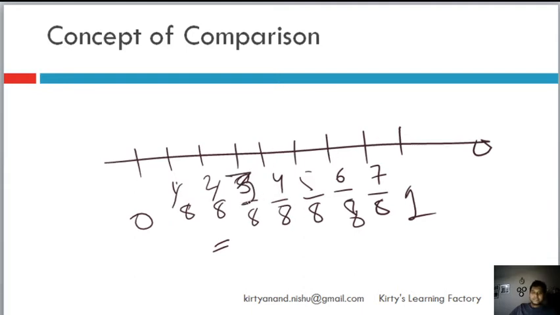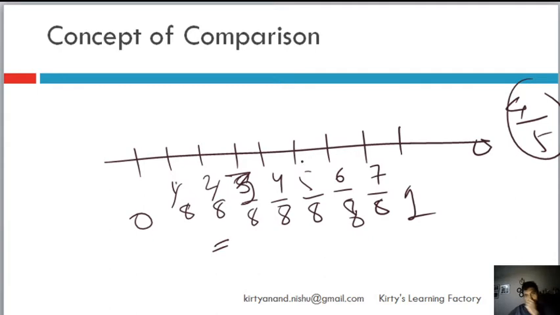Now, if I ask you where 4 by 5 lies on this, will you be able to tell me? Maybe not. But it is important to understand that when we are looking at like fractions, 1 by 8 is obviously going to be smaller than 2 by 8, because 1 by 8 is one part of it, 2 by 8 is two parts of it, 3 by 8 is three parts of it. So we can arrange all the fractions by value comparison, saying that this fraction has a larger value on the number line than that fraction. Okay, so that is the concept of comparison of fractions.